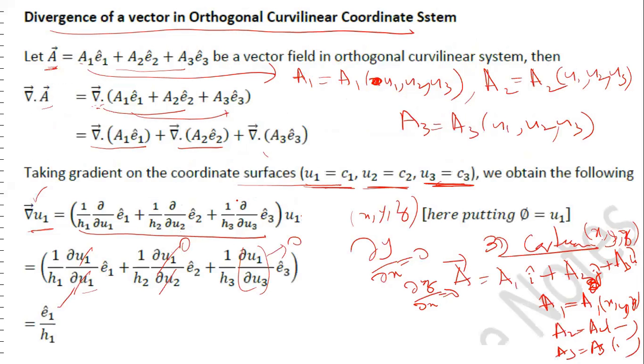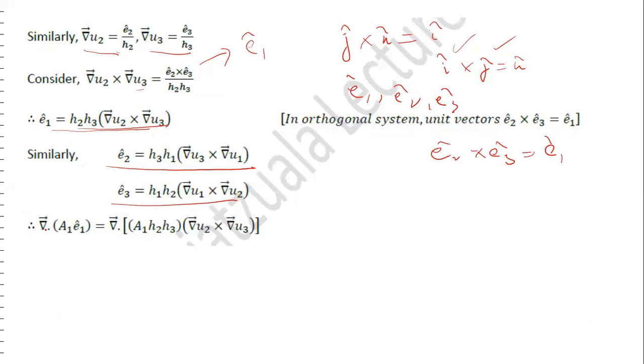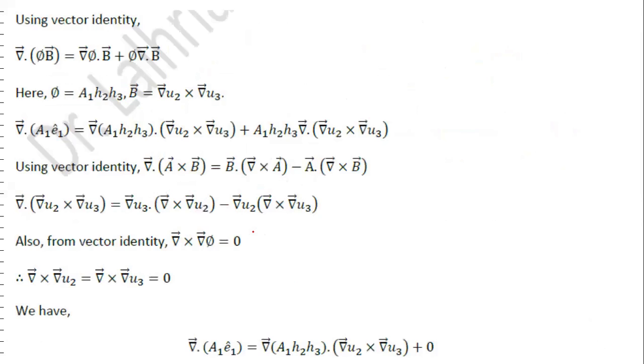Now, if you consider the divergence of a1 e1, you just put e1 as this, so it will be the divergence of a1 into h2 h3, cross product between grad of u2 and grad of u3. Okay, now